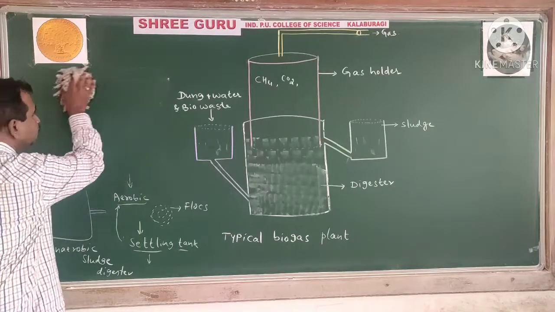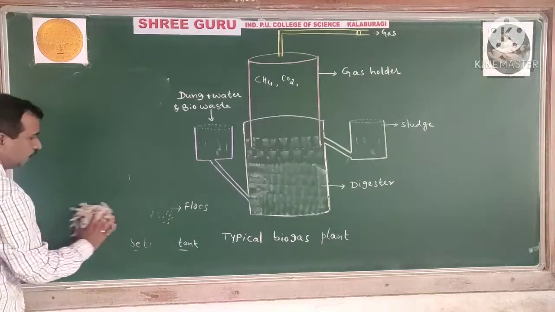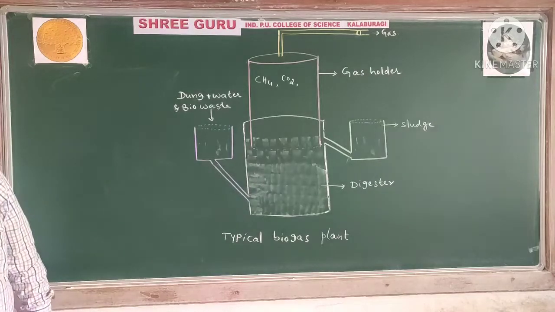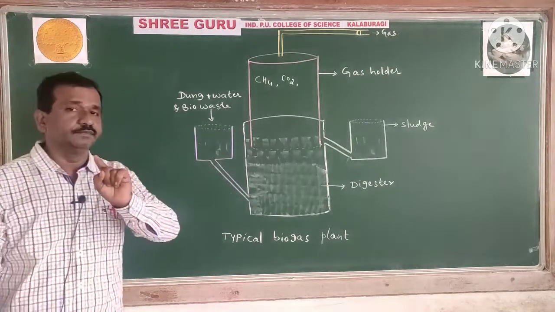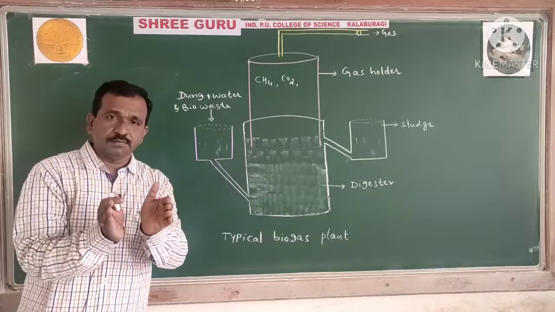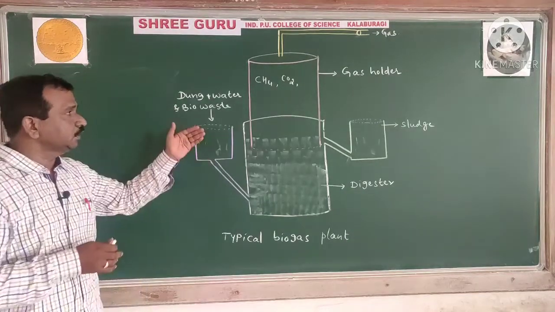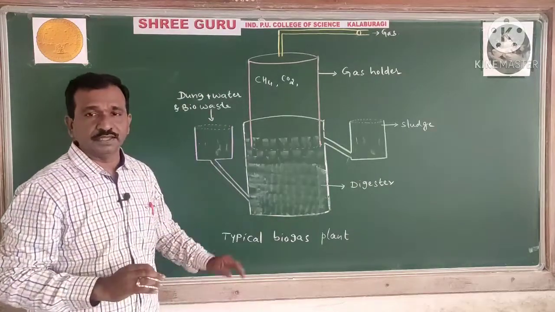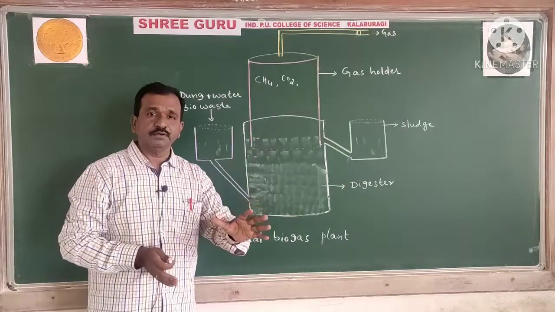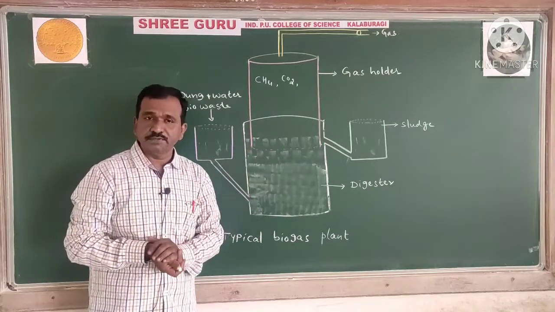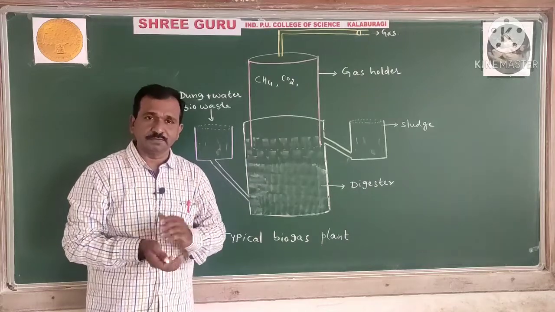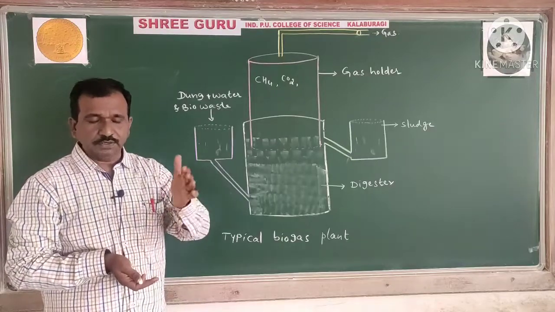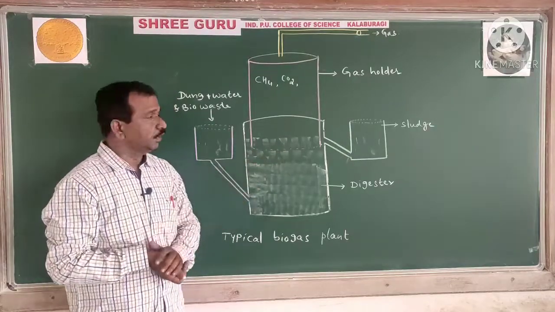I told you at the end of the last video to try to draw the diagram of the biogas plant. In the last class I said that before you watch the video, at least draw the diagram of this, because this is a 5-mark question in the annual examination. As far as the theory part, a 5-mark question may be diagram plus explanation; they may ask for explanation, or only the diagram. The 5-mark question is definitely supposed to be asked, so you have to practice.